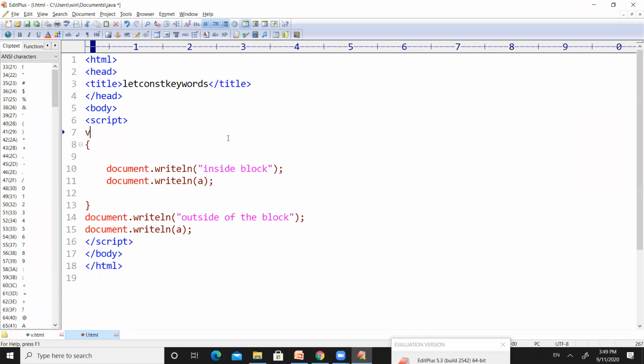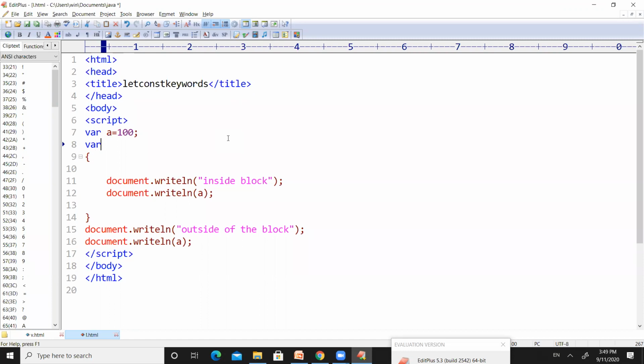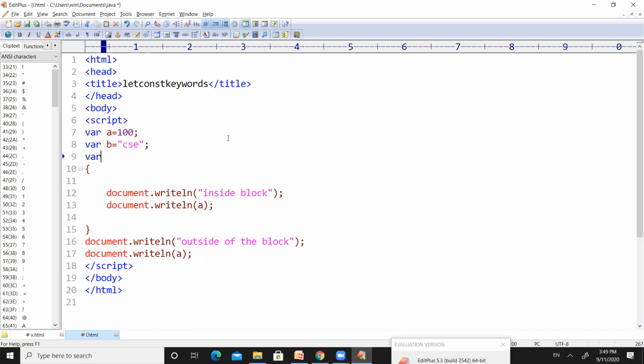For example, I have defined variable a equal to 100, variable b equal to some CSC, and variable c equal to false.